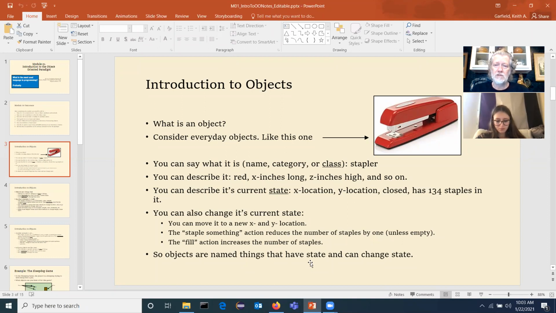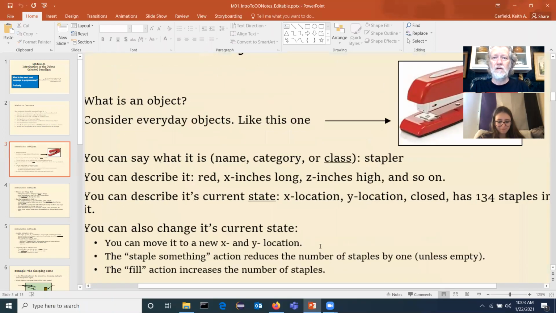Real-world objects have a category or a name. Here's a picture of a stapler. Okay, what is it? It's a stapler. That's a whole category, right? That's a whole class of things. There's all kinds of different staplers out there. They do a similar job, but they are